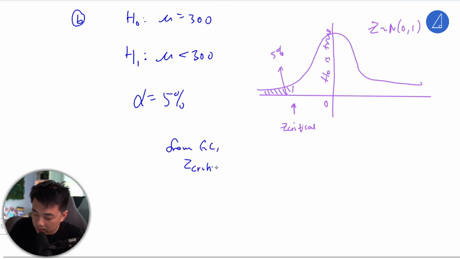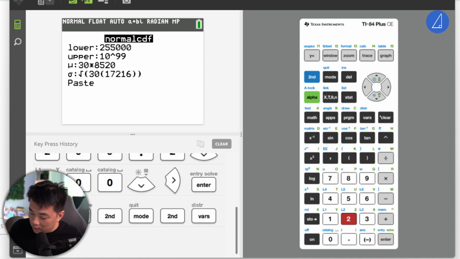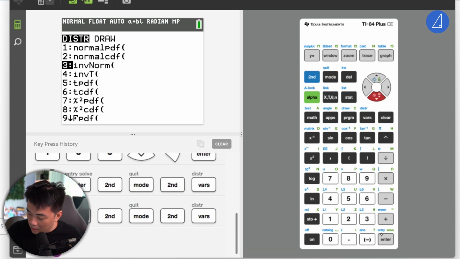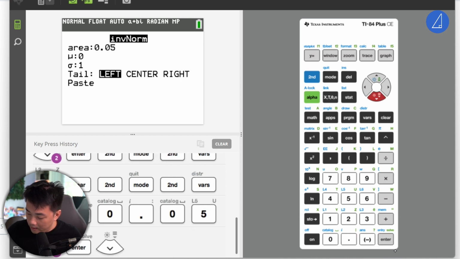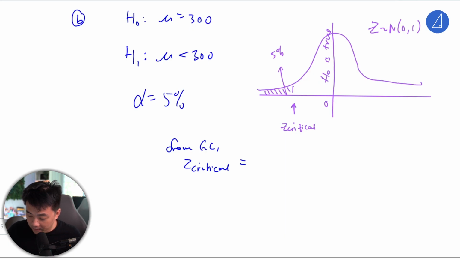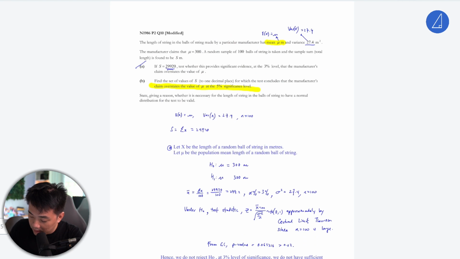z critical, we just need to use inverse norm distribution, inverse norm, number 3, and I'm going to put 0.05 on the left, enter it. There will be negative 1.64485. Then what we need to do is, since we need to reject H0, right, because it was said that